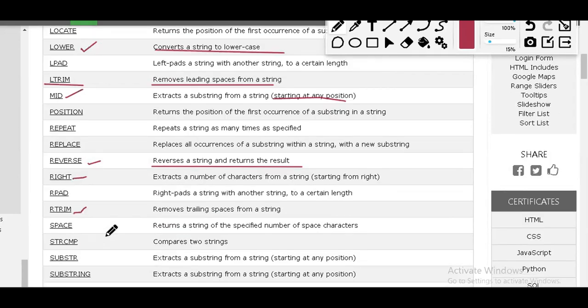Then there is something called strcmp. It will compare two different words. So I want to say something like, is ABC the same as ABC? Are both the same or not? I want to compare these. According to that, ABC is the same. But here if you use string compare, it will give the answer as false because these are case sensitive. That is the value it gives me.